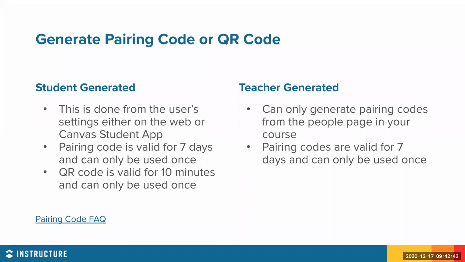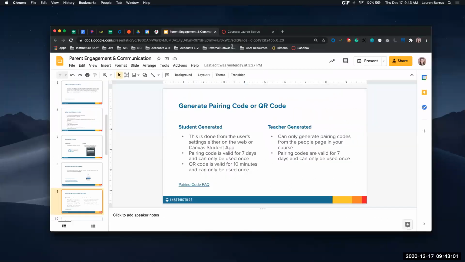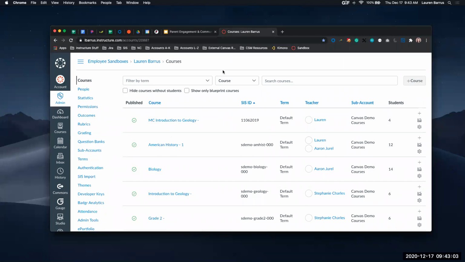So that's something to keep in mind as I'm showing you how to do this. If you're not seeing the same thing in your own Canvas instance, it has not been enabled by your administrator. But just like with students, the parent codes are only valid for 7 days and they can only be used once. So I'm actually going to exit this presenter mode and come into my sandbox, which I'm actually going to